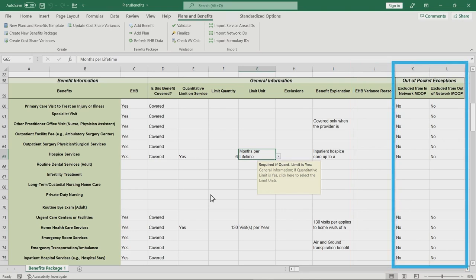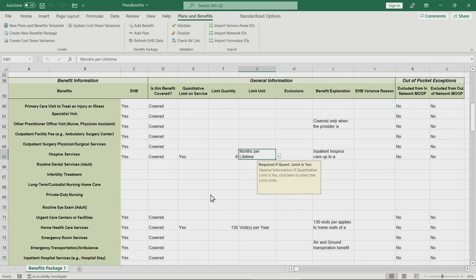In the out-of-pocket exceptions section, indicate whether each benefit is excluded from the maximum out-of-pocket, or MOOP. All plans in a benefits package must have the same MOOP structure that exclude the same benefits from the MOOP. If you have plans that offer a different MOOP structure, create a new benefits package from the Plans and Benefits tab in the ribbon. If your plans do not offer different MOOP structures, then indicate if the benefit is excluded